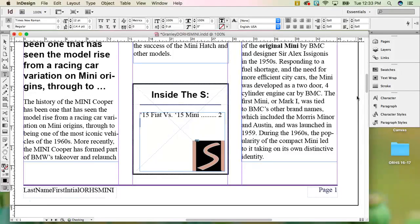So now I'm going to hit enter, and I'm going to do the skinny. Same thing, I'm going to do a space, a couple of periods, a space, again with page 2. And this time I'm going to do the periods until my number 2's line up or as close as they can. We're going to hit enter again, and we're going to do water is not everywhere. I'm going to do a space, 3 dots, a space, and the number 3, and that should be pretty lined